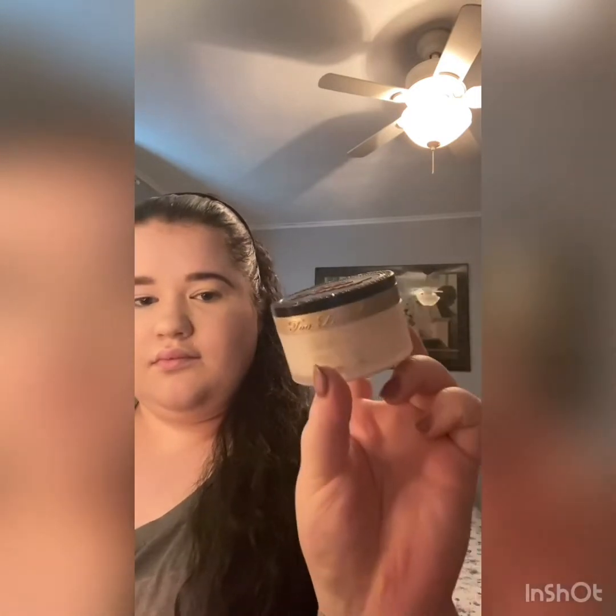So I use the Too Faced translucent powder, and that's like the best powder I've ever used. It's really, really good. I just use a really fluffy brush when I use it, and it just goes on really evenly. It is like $35 at Ulta,